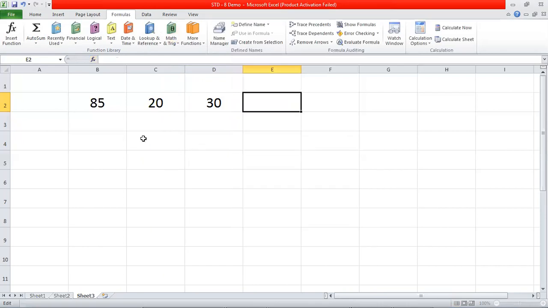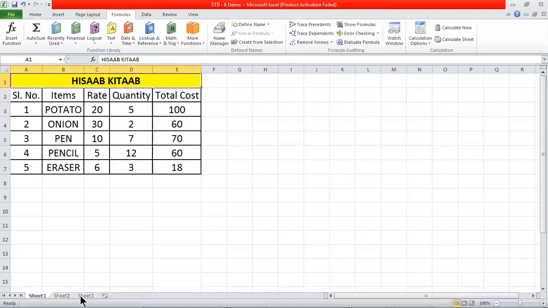So it depends upon you. You can use this one, or the insert function, or you can directly use the method here; this is the easiest way. So this was all about the least common multiple method and GCD method. In your textbook, the methods given were sum, average, max, min, and today we have learnt about LCM and GCD. Now you can see below, this is sheet 1, sheet 2 and sheet 3.